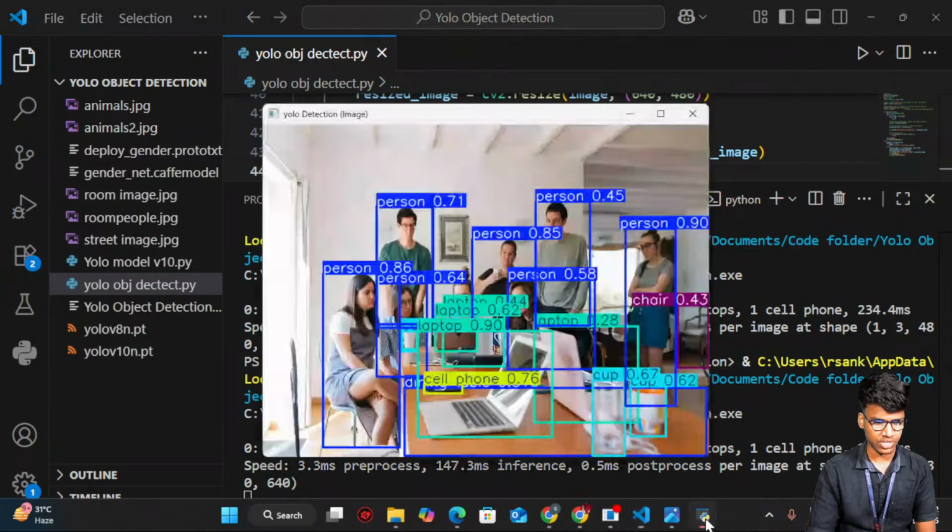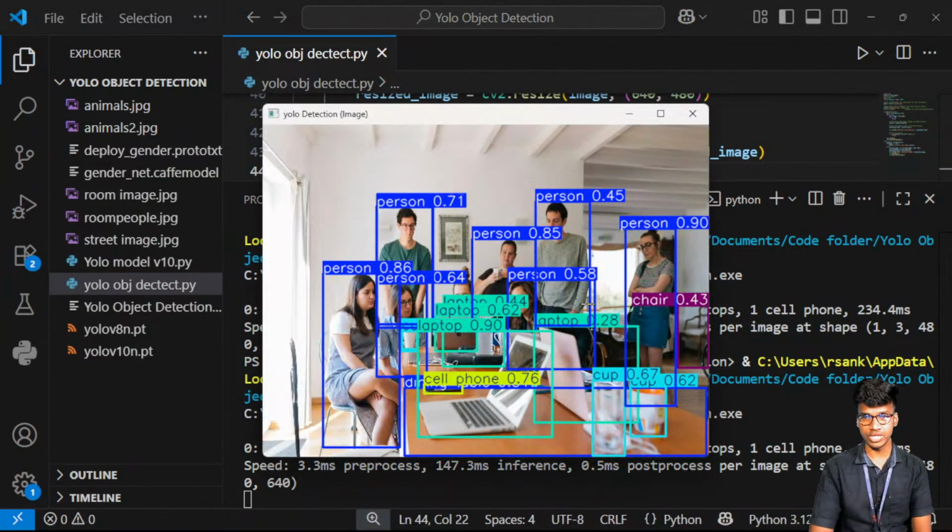Okay, you can see the image has to be opened here. You can see the persons, I think it's 8 persons, right? So 1, 2, 3, 4, 5, 6, 7, and this person will hide because of the frames. And a cell phone, one cell phone here, 4 laptops, the folded laptop only is there, and behind the chair is also detected, and 2 cups are here. So most of the visible and accurate frames have to be detected here.